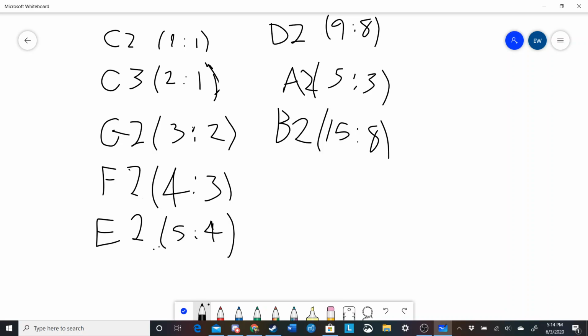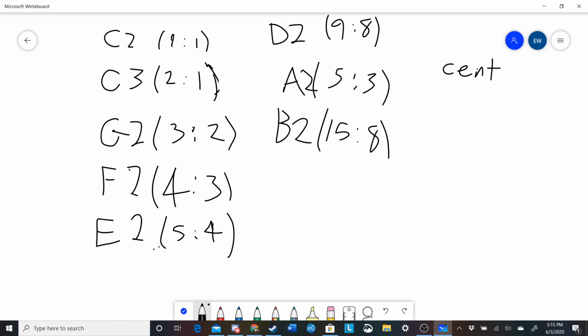However, not everything is as nice as it appears. So before I discuss some issues, I want to define what the unit of a cent is. A cent is a really common unit that you see when you talk about tuning or frequency, that sort of thing. Basically, the way we define a cent is that